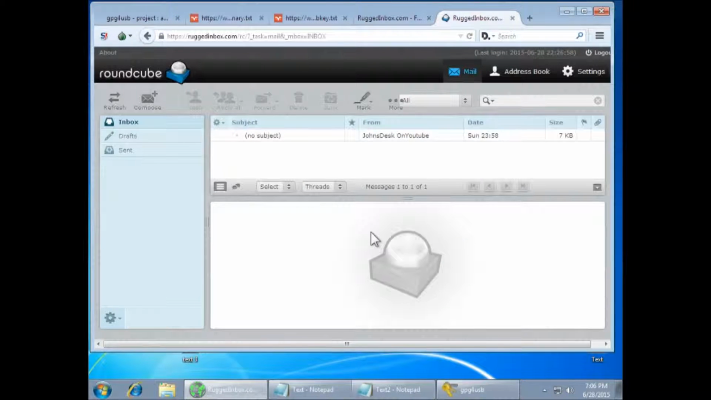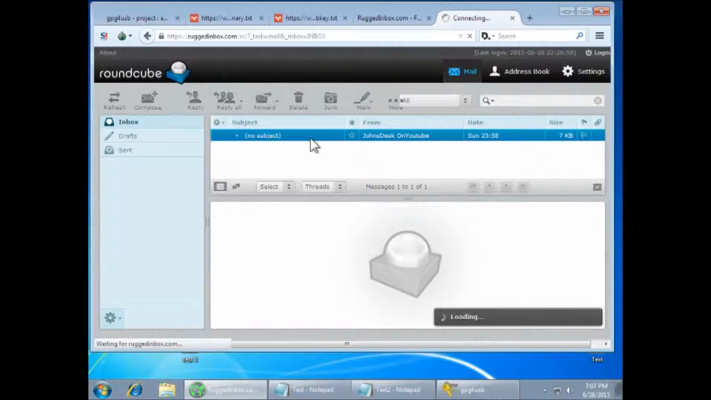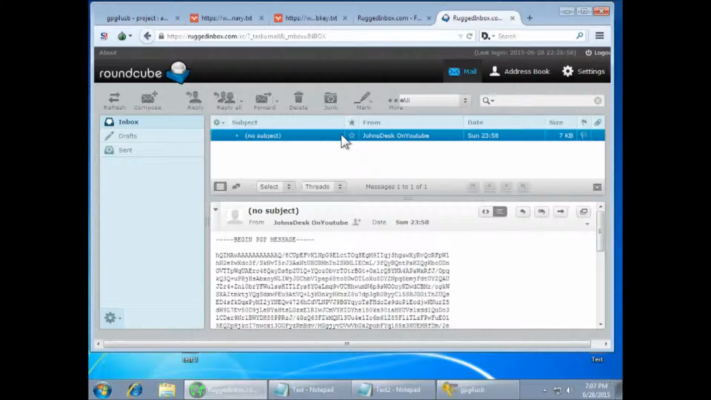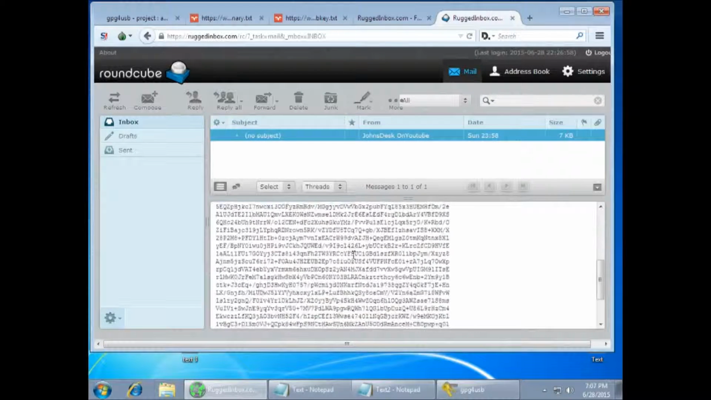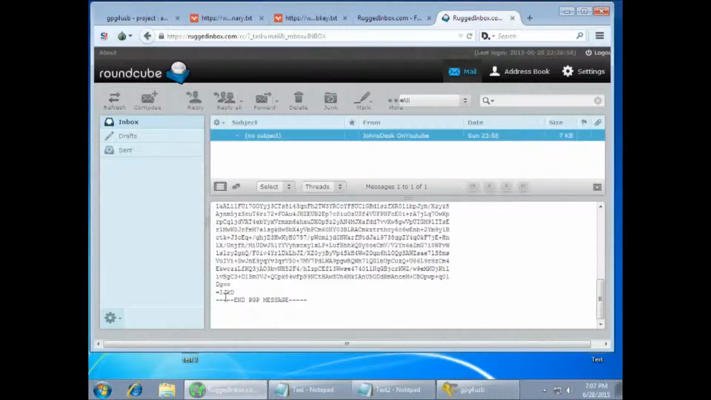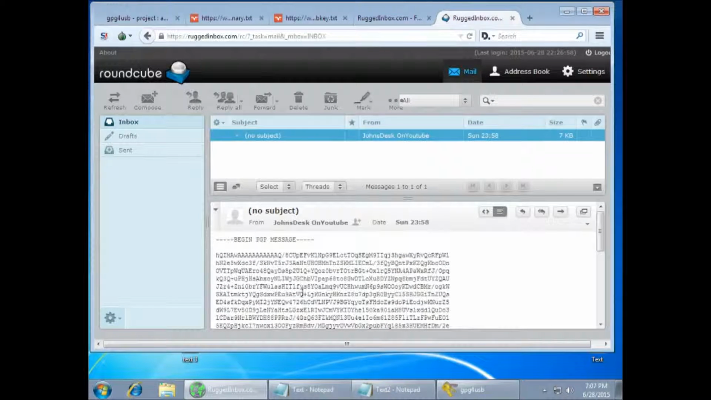So now that we uploaded our keys to the public key server, our friend was able to download our public key, and they sent us an email, so let's check it out. So here we got an email reply from John's desk on YouTube, and you can see here it says begin PGP message, and if we scroll all the way down, you'll see it says end PGP message, and there's nothing else. So what we're going to do is copy all of this,